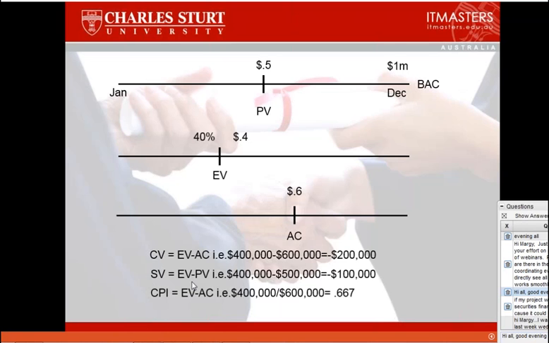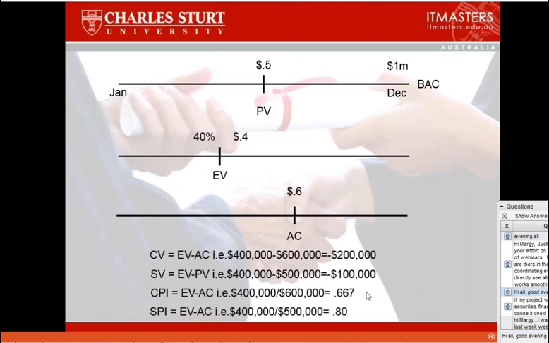The next variance we look at is what's called the cost performance index. Cost performance index essentially is the same as the cost variance, except, and I've got that wrong there, notice I've got a minus figure there. That should be a divide. So it's the earned value divided by the actual cost. And that will give us 400,000 divided by 600,000, and we've got a decimal figure which is less than 1. And we've got the schedule performance index, which again should have a division sign there, and it's 400,000 divided by the 500,000. So the end result is that we have less than 1, and less than 1 is not good, and minus dollar figures is not good.